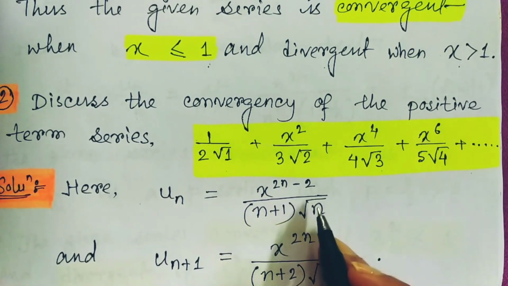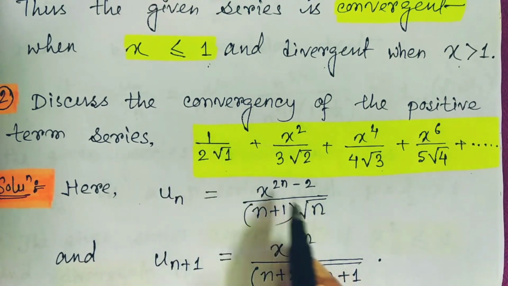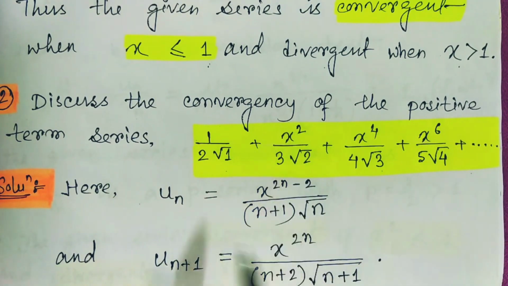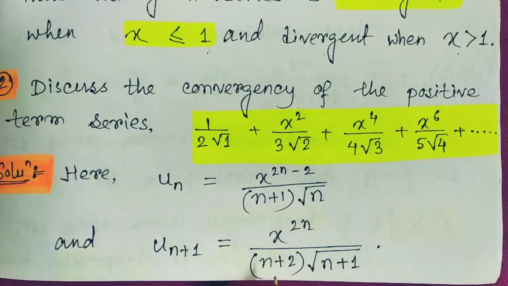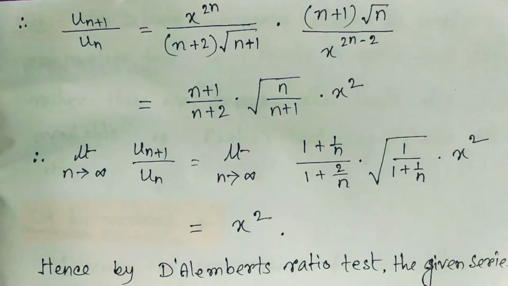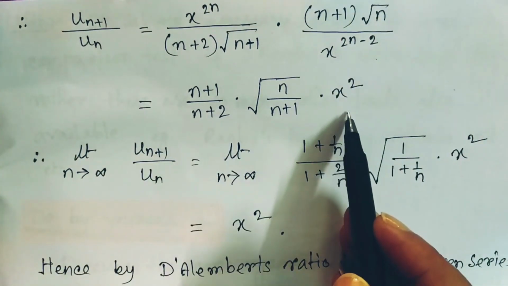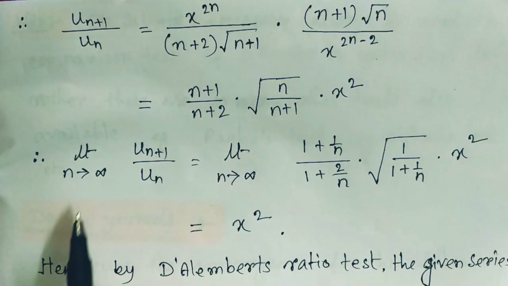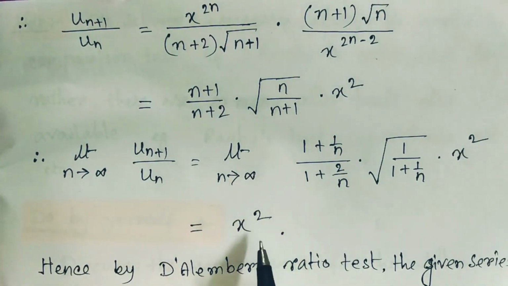So if we substitute the value n equal to 1, we will find this first term. If we substitute 2, we find the second term, and likewise. After getting this, again we should find u_(n+1). That is just by replacing n by n plus 1 in this u_n, we will get u_(n+1). Now again we should find the ratio for this one. So u_(n+1) by u_n is equal to this one. If we simplify, we will get this. So after that, if we take the limiting value on this, then we will find it is x square